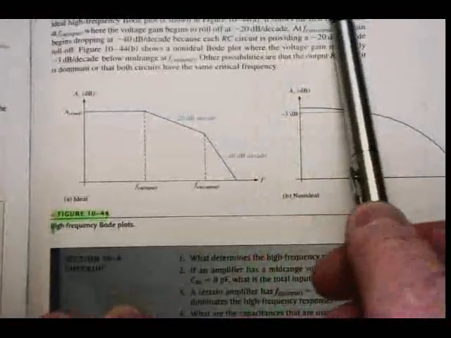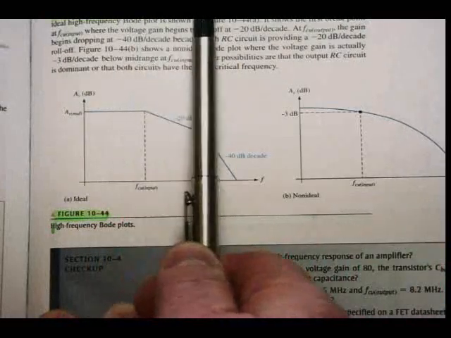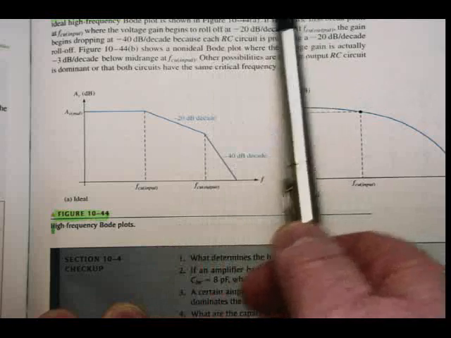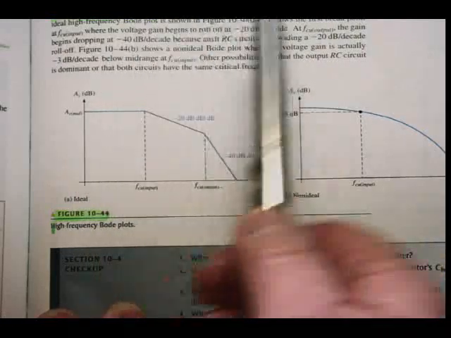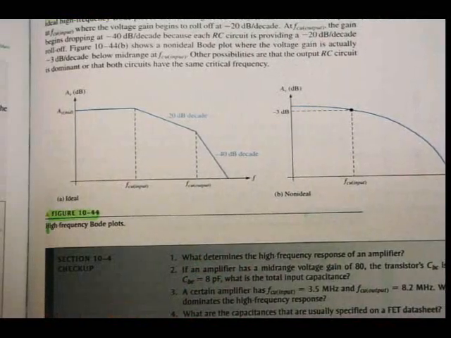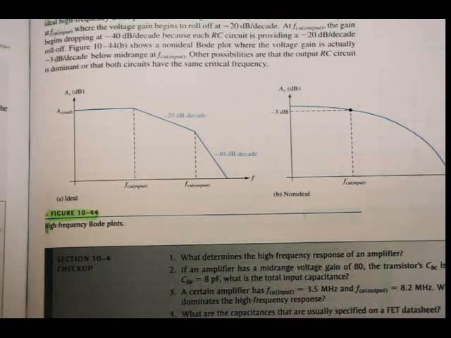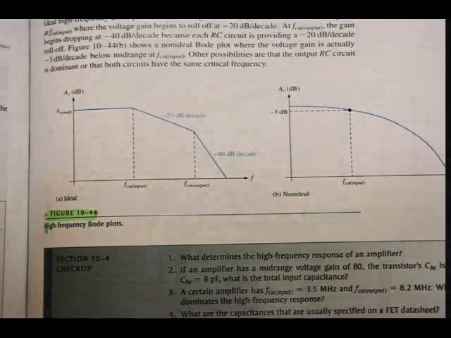One of the RC circuits will cause the amplifier's gain to begin dropping off. The frequency at which this occurs is the dominant upper critical frequency. It is the lower of the upper critical frequencies. Remember, the dominant lower critical frequency was the largest of the three. I'll show to you now when we look at the whole picture. The dominant upper critical frequency is the lower of the two. Keep that in mind. But anyway, if we go and have a look at figure 10-44,